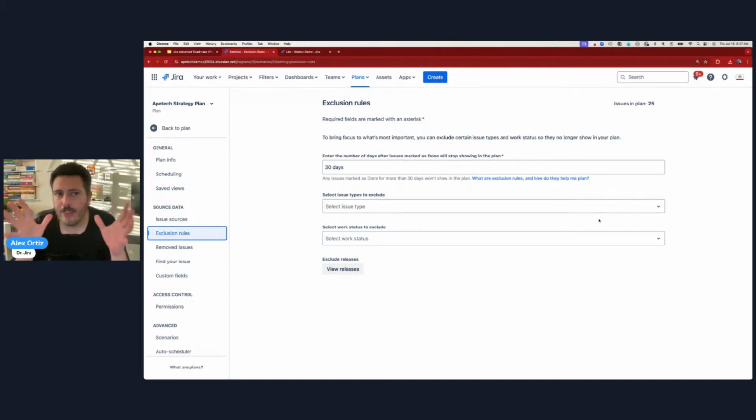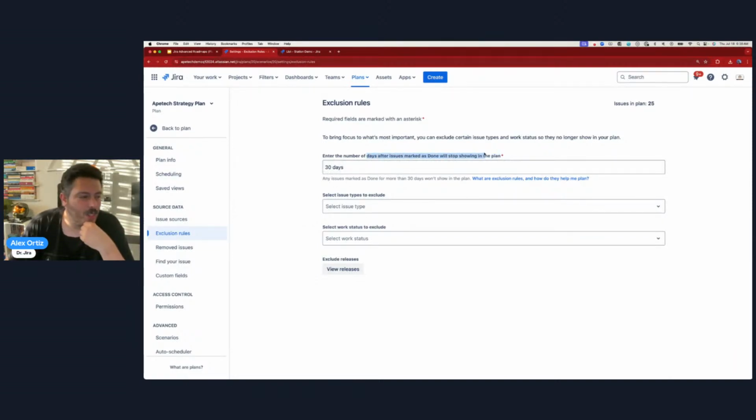Well, in that period of time, in that quarter, they're going to finish work. Now, here, at least in the United States, I'm hoping that this is global, but I can't ever assume things, right? But here in the United States, a quarter is 90 days, right? Usually 3 months, roughly 90 days. And so you can see here that after 30 days, issues that are marked as done will stop showing up